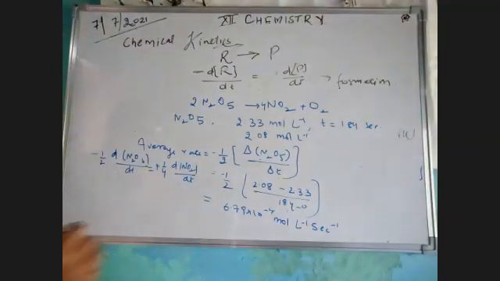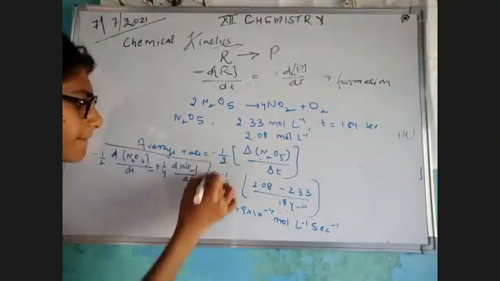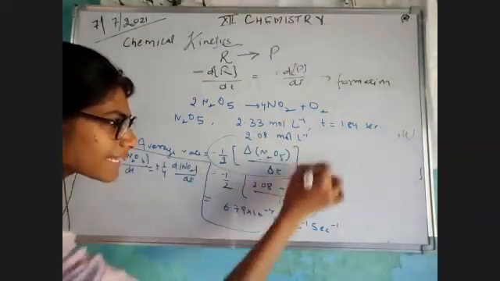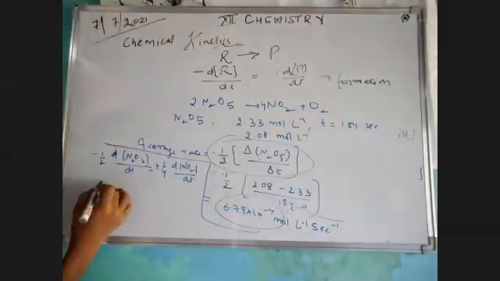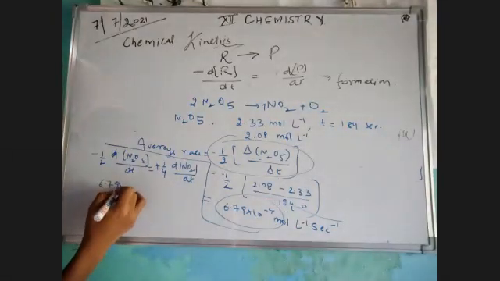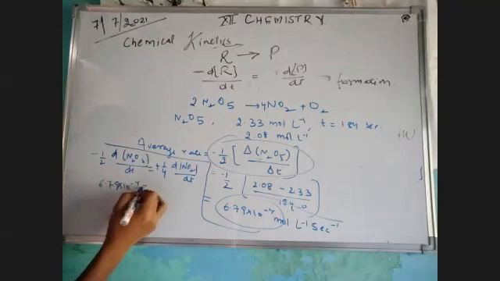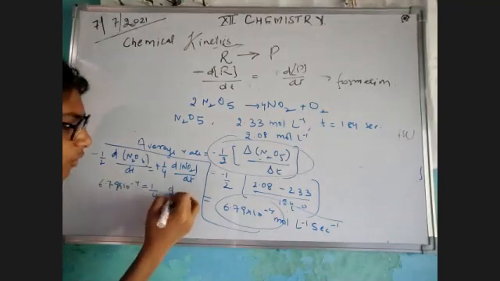Clear? So from this equation, I can say this complete term is equal to this. So I would like to say 6.79 into 10 raised to power minus 4 is equal to 1 by 4